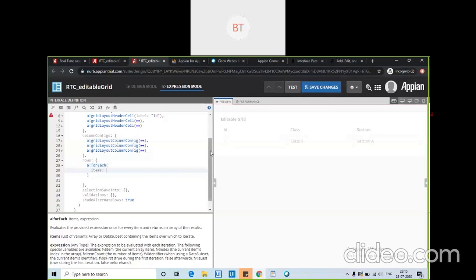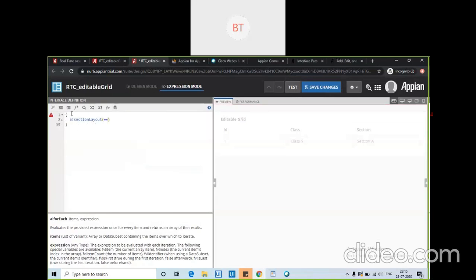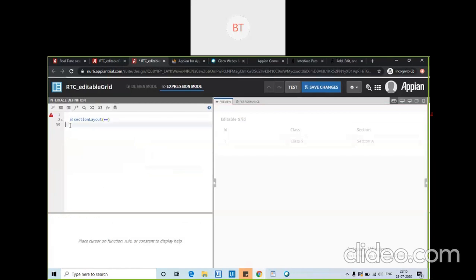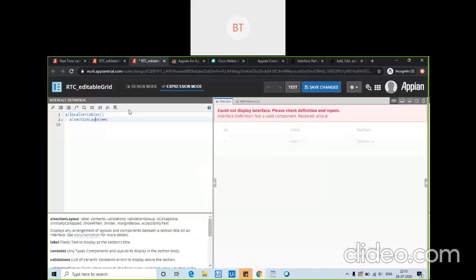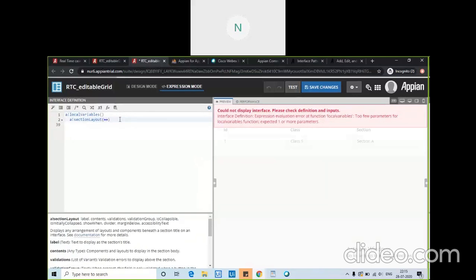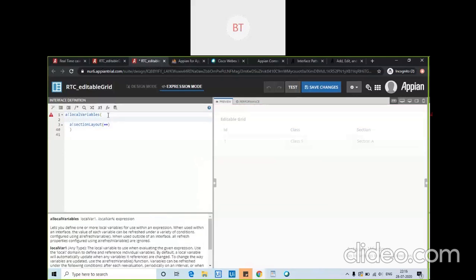First of all, we need to paste the value as well. So let me calculate the value first. And to calculate, now class details.